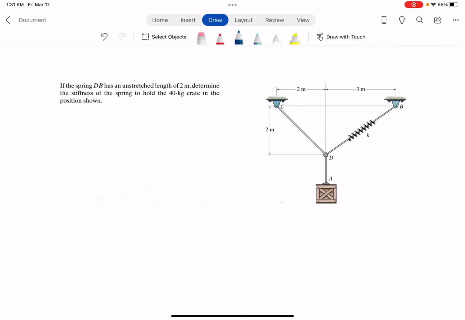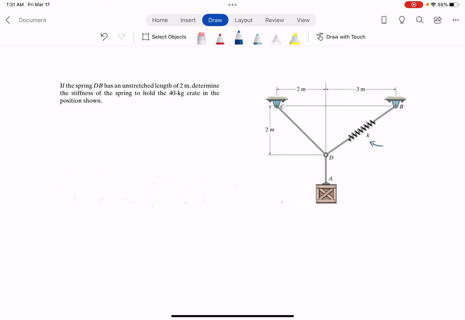Let's look at this problem. We have a spring, so there's a spring here, that has an unstretched length of 2 meters. So the unstretched length is 2 meters. And we need to determine the stiffness of the spring to hold the 40 kilogram